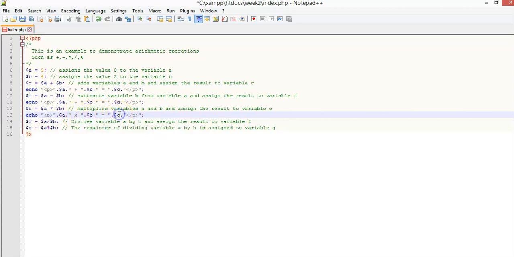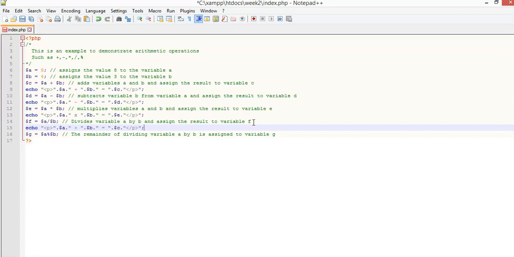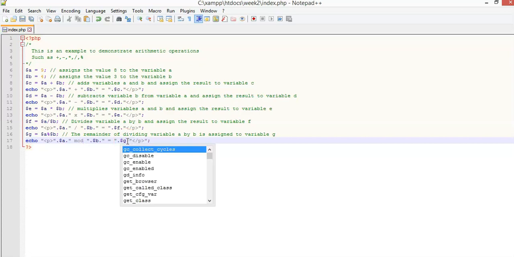Then here we have division. If your keyboard has a division key, you can use the division key for the text, but if not, you can use a slash. Okay, then that value is for F, so we can show the value of F. Then we have the modulus, so we can have modulus or mod, of this, and that one is in G. Okay, now since they are all in a P tag, they will all be on a different line. So now when we run,